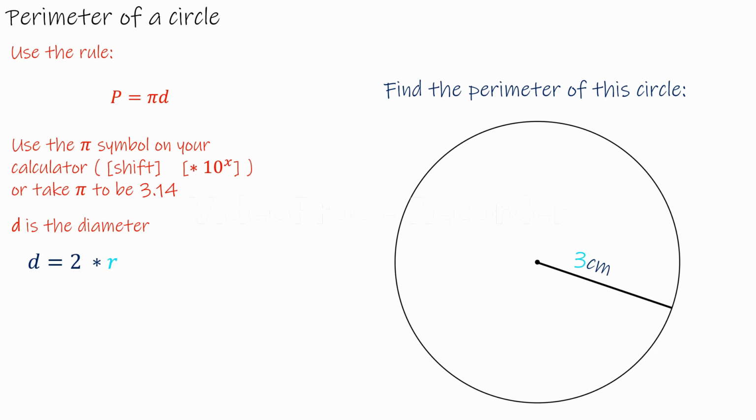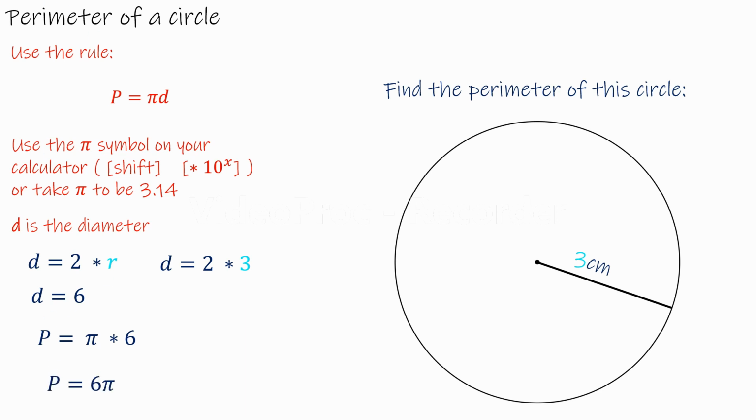However, this time we can say that d equals 2 times r, as our diameter is double the size of our radius. Therefore, here we have d equals 2 times 3, meaning our diameter here is going to be 6 centimeters. Substituting these values into P equals pi d, we can say that our perimeter equals pi times 6,